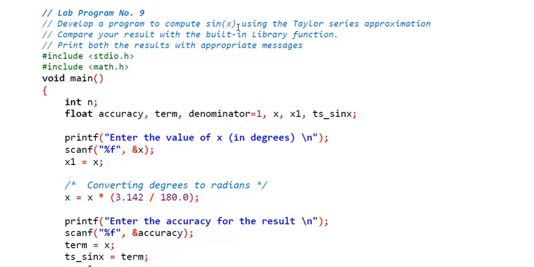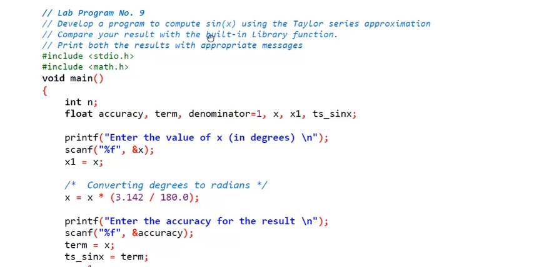It is very similar to your scientific calculator. You want to calculate the sine of an angle, you just enter that number and you press sine, and the calculator will calculate the value. Similar to that, in C programming there is a math.h library. This is a math library. It has all the mathematical functions as built-in functions.